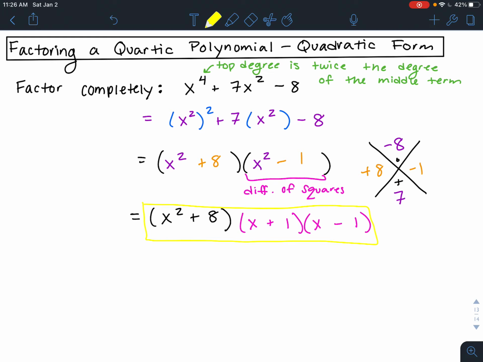So whenever you're factoring in quadratic form like this, if you start with a quartic polynomial, you want to always check for those difference of squares equations that might pop up. And if they do pop up, you're going to want to factor